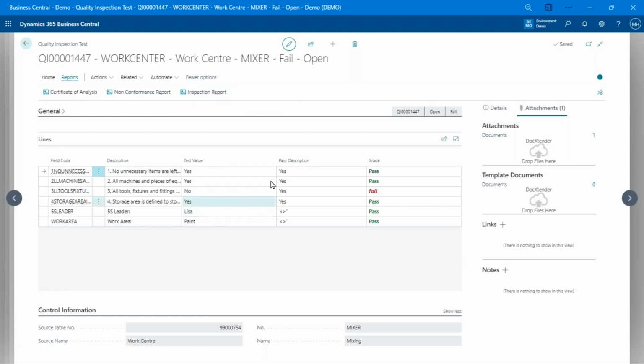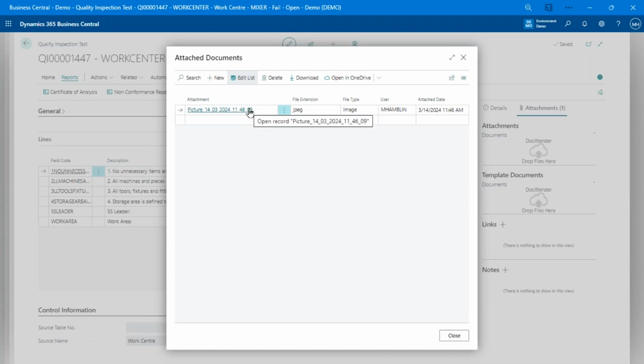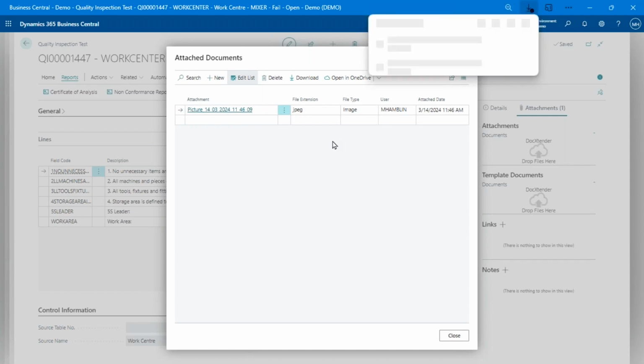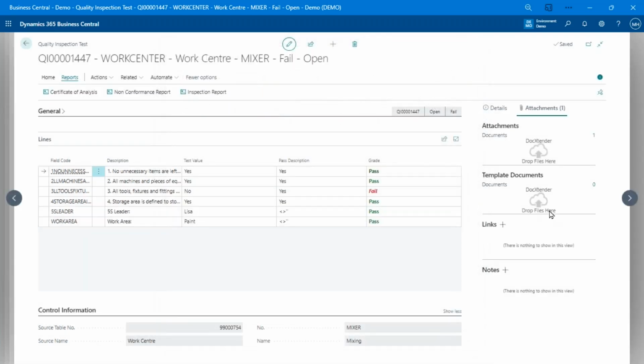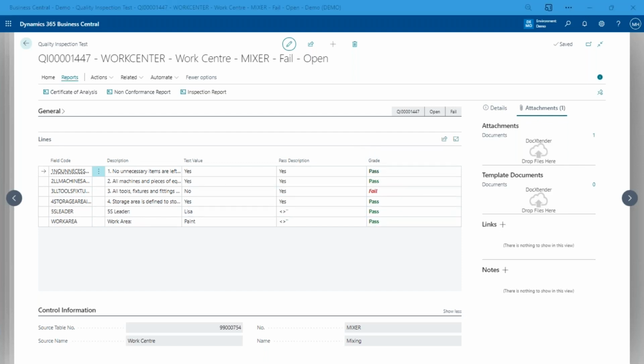So now we've got that quality information in the system and we've got a ton of possibilities for that versus relying on the paper. And by the way, when I did that, take a photo to read it, it did attach it as well. So that is an option. I won't bother opening it. That's the photo I took from the webcam, and it will attach it. And these template documents here, by the way, are the ones that are linked to the template. So if you have test procedures and things like that, you can drop those documents on the template. And when I open up the test, I can see them here at the test level.